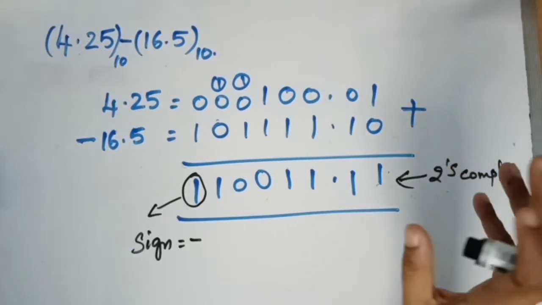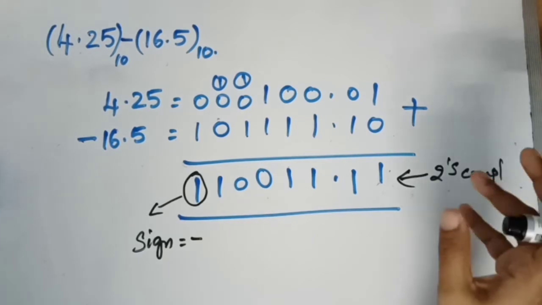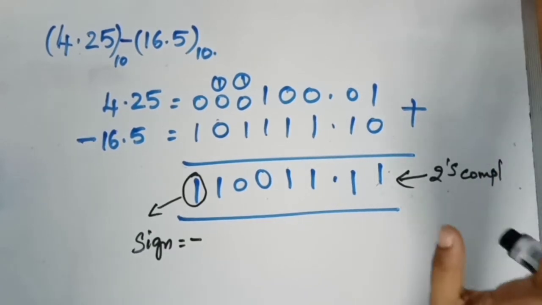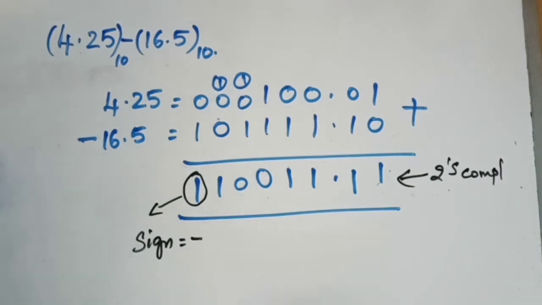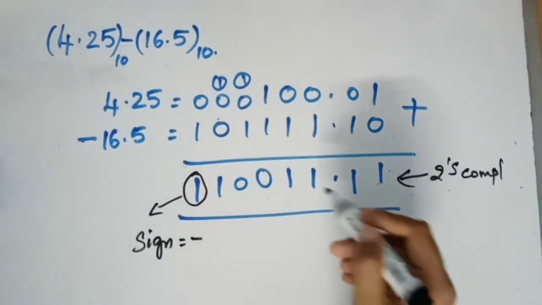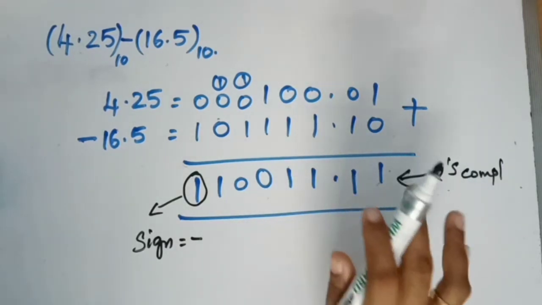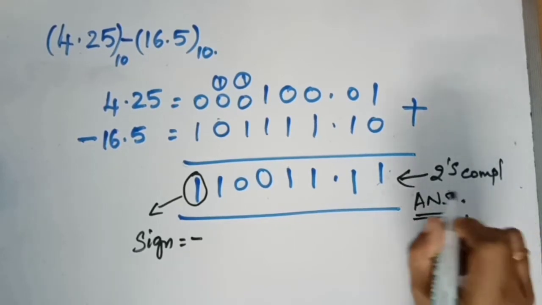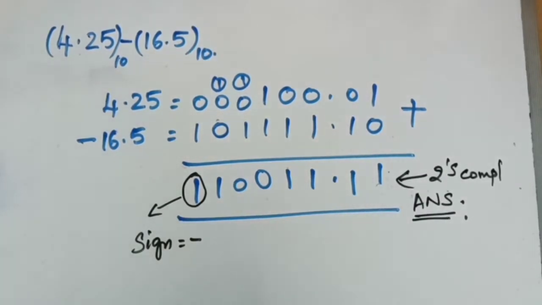Or you can say that the 2's complement form of a positive number is the binary form itself with a sign bit, which is 0. So both are the same, so that doesn't make a difference. But in this case, it's in the 2's complement form. So to check whether the answer is correct or not, we'll find the 2's complement of this, and that is only to check whether the answer is correct. This is the answer. We'll check whether the answer is correct by again finding the 2's complement of this